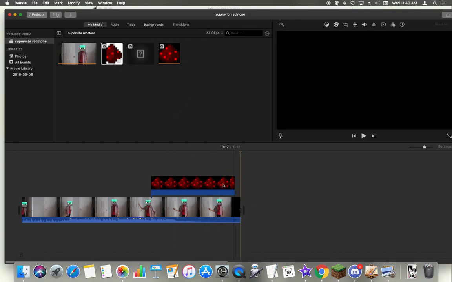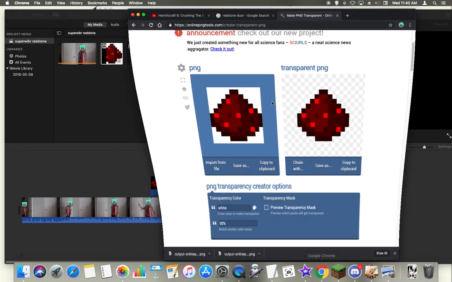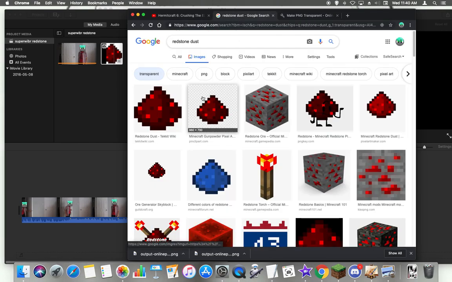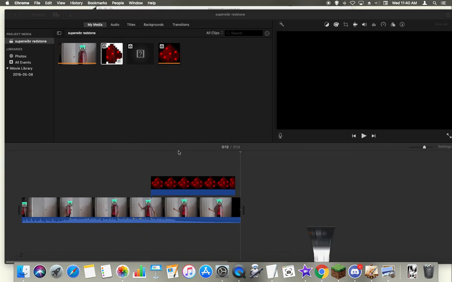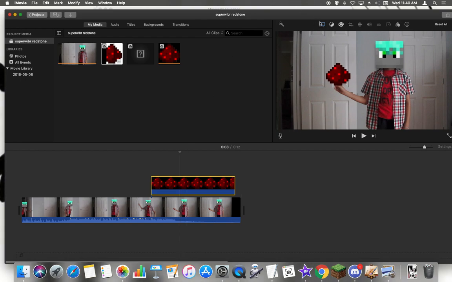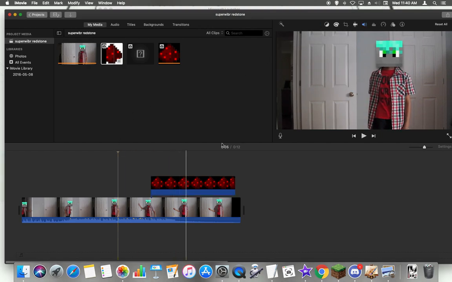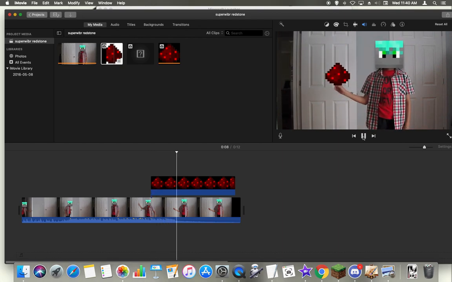So now you know how to make transparent backgrounds. Just go to this website right here, online pngtools.com. I'm going to put a link in the description. And remember, don't use an already transparent background. And also, really remember, click the little icon in the corner, so that it isn't the plus sign in the center, it's an X on the corner. So that if I look at it again, yeah,